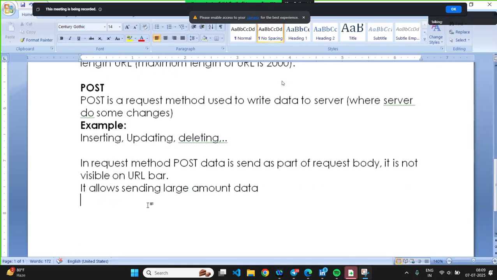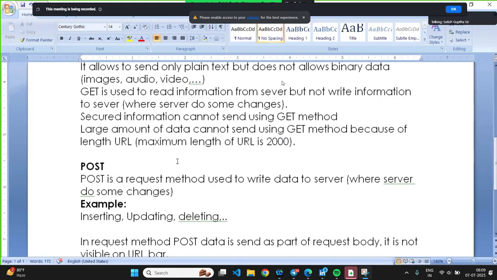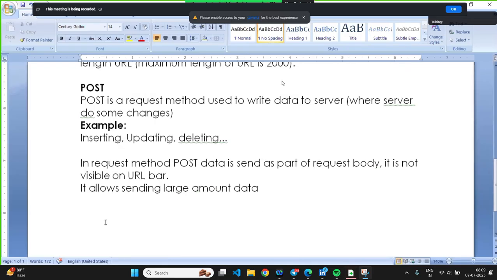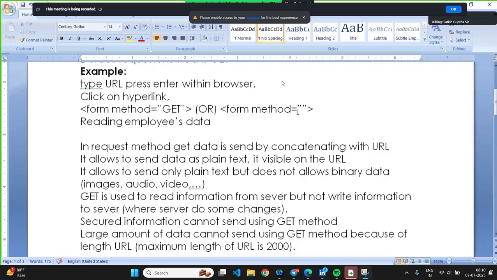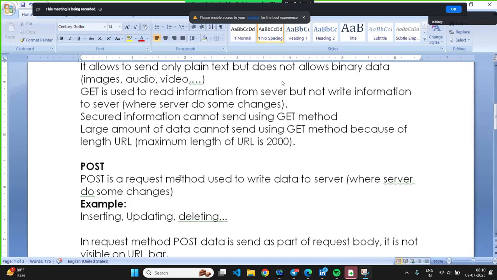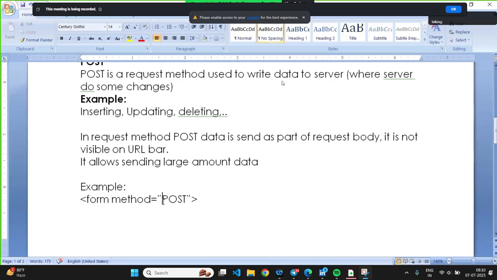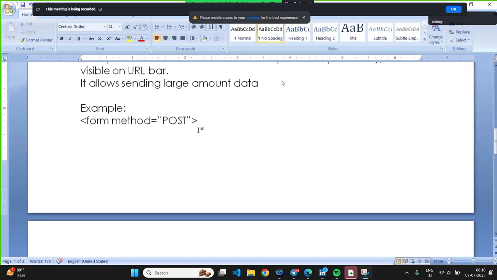So there is no restriction on the length of the data, right? Yes. But whenever you are sending a request using POST, you have to define the request method explicitly when you're submitting the form. So form method, okay, what is the request method here? POST. But if I don't write a request method, then what is the default request method? GET. So here I said form method equal to post. It means whenever you send the request by using the POST method,